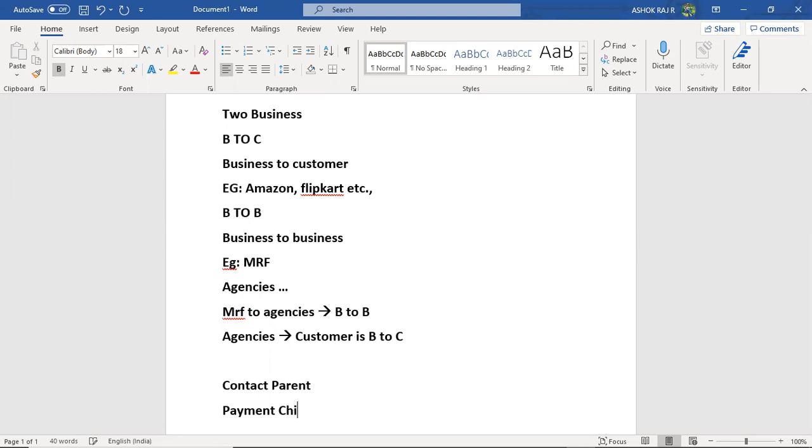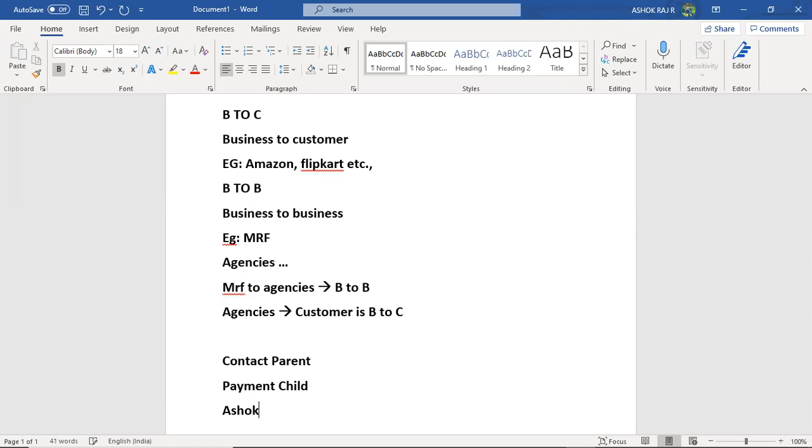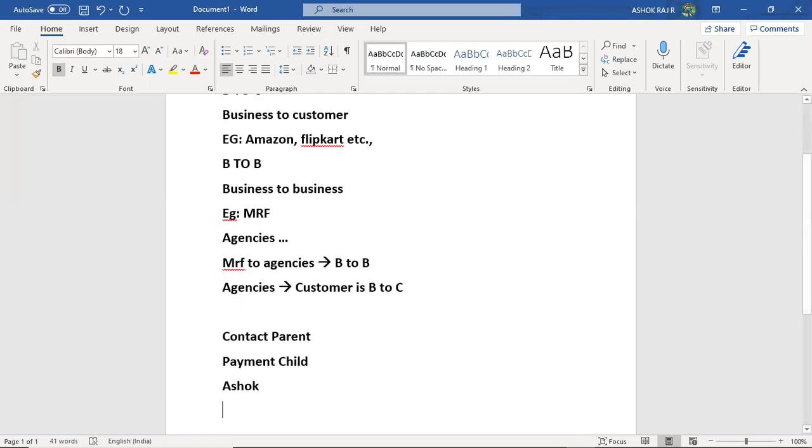Assume Ashok is my contact. He is paying me a donation every month, like Jan, Feb, March. Suppose I want to get the total of how much amount Ashok has paid me.